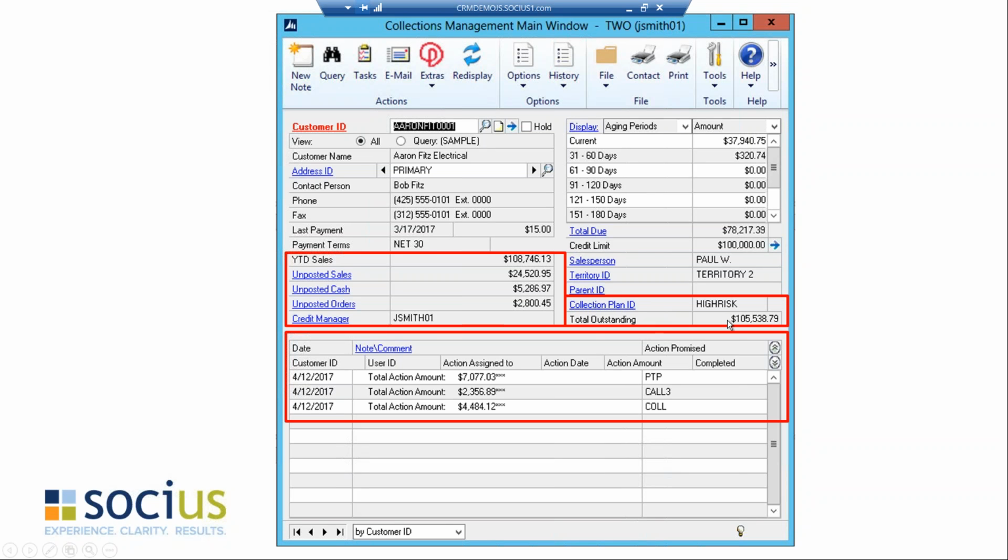The other thing that you'll notice here is we have $78,217.39, but my real total outstanding is higher than that. And you're saying, well, how could that be? But it really is. You take the $78,000, you add the $24,000, you subtract the $5,000 and the $2,800, and therefore you end up with $105,000. So this is really nice because it gives you real good perspective of not only what has been invoiced and hasn't been paid, but also what hasn't been posted yet, so that you know everything that has happened with this